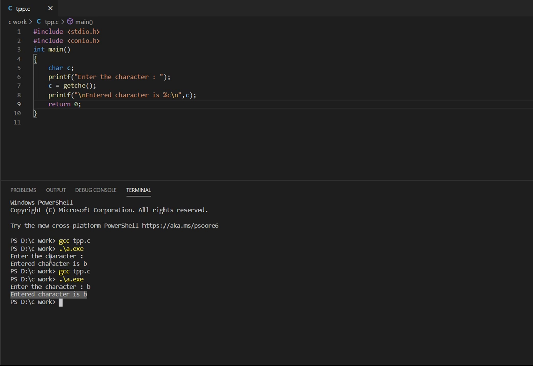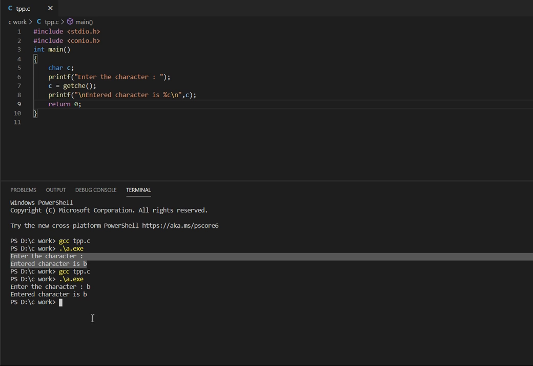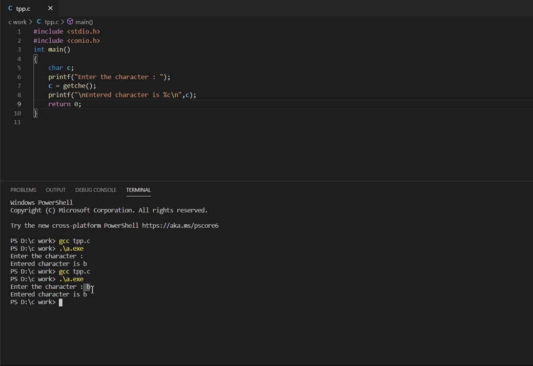Now see, there is only one difference, and that's in the output screen. If you can see here, this is the output of getche function and this is the output of getch function. Here you can see this B is present in getche function, but it is not visible in getch function. So in getche, the e stands for echo. Echo means display. So it works exactly similar to getch function, plus it displays the entered character on the console screen. You can see here in getch function it wasn't visible, but in getche it was visible.